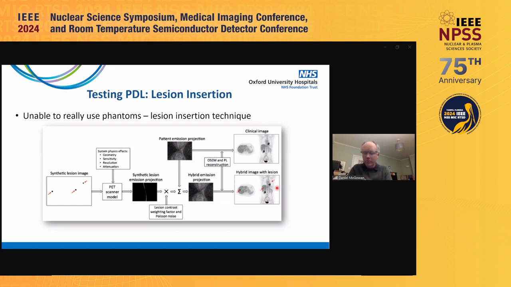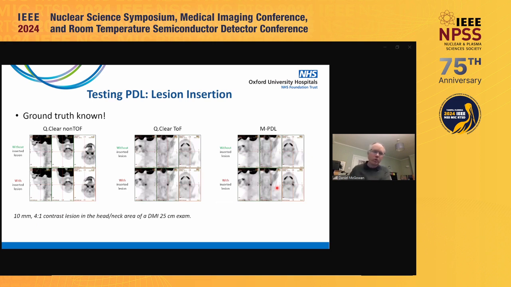Also, there's nothing to stop you using phantom as well in the AI enhancement, and people can test that, but I think it's useful to do this lesion insertion as well. So this is what one of these cases looked like. Here we have the patient without the inserted lesion. Here you have the patient with the inserted lesion. The lesion insertion in this case is a 10 millimeter 4:1 contrast lesion in the head and neck area, so